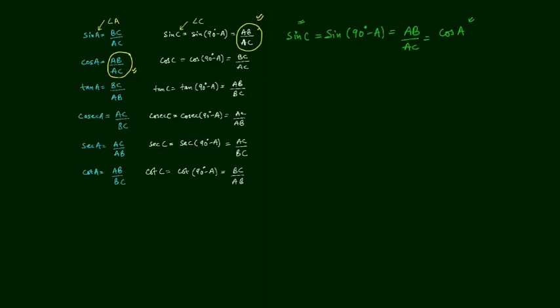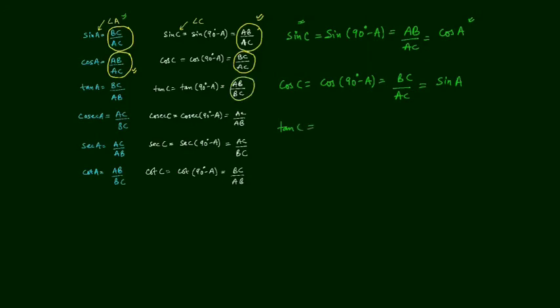Okay, the same thing we will find out for the next value. Here for the cos, we can write cos 90 minus A is equal to BC upon AC, and BC upon AC from the first column is sin A. So the formula is that cos 90 minus A is equal to sin A. Like that we will find out the remaining four values.